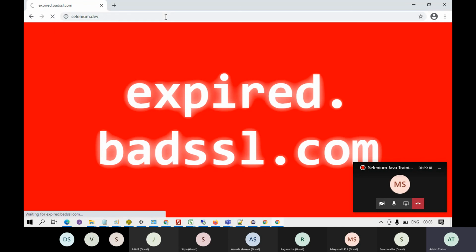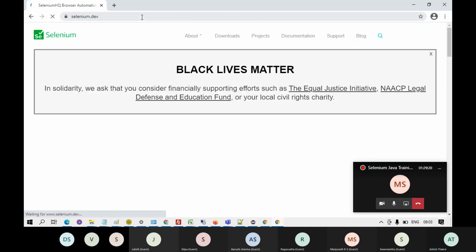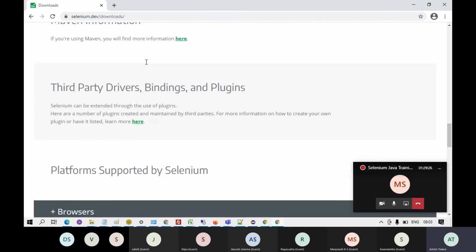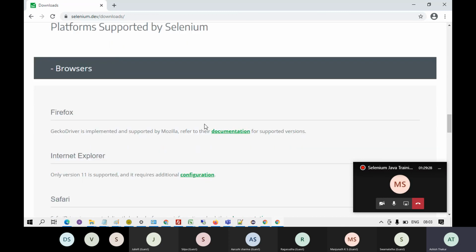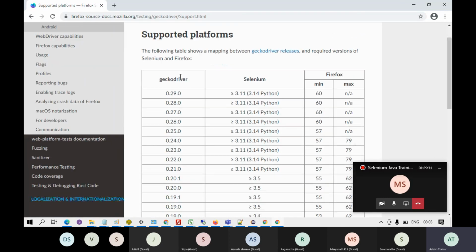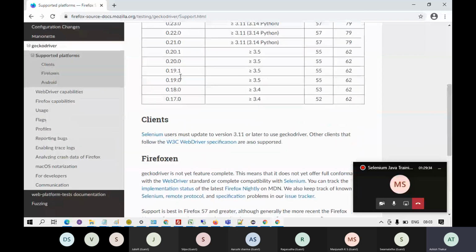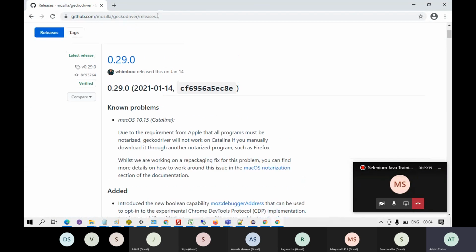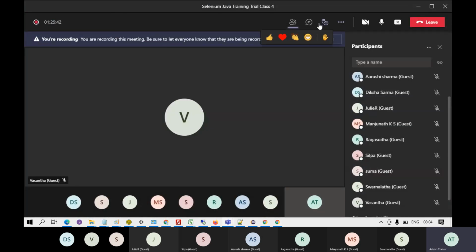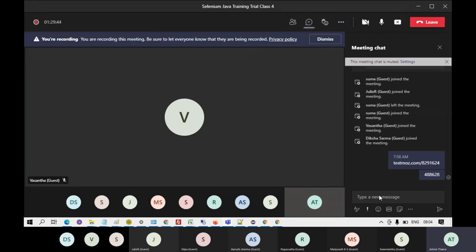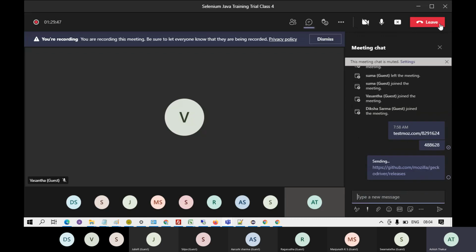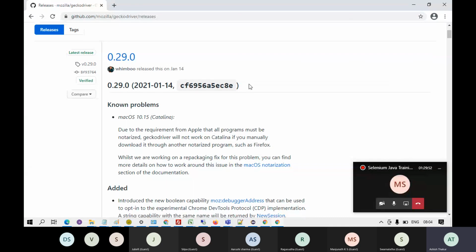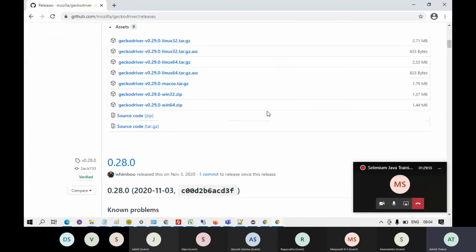If I go to selenium.dev, if I go to the downloads, Firefox, go to Gecko driver releases. This is the link. This is the link I've given you on chat. Okay, thank you. So you can scroll down and download for your OS.